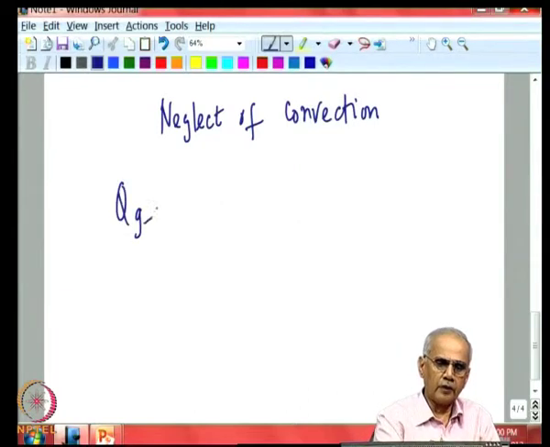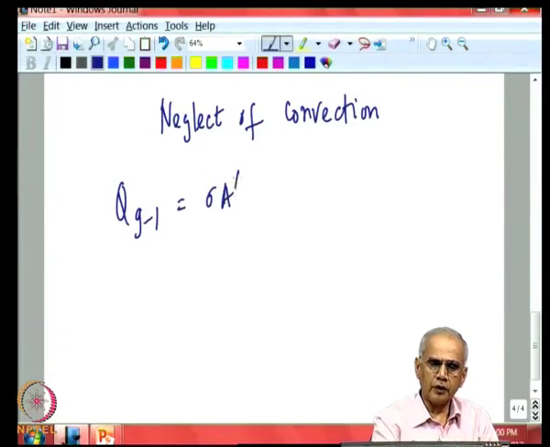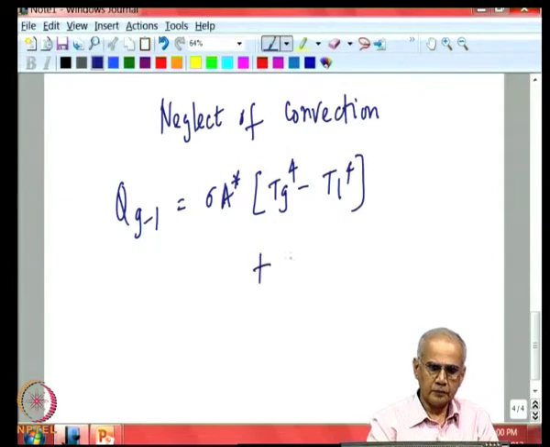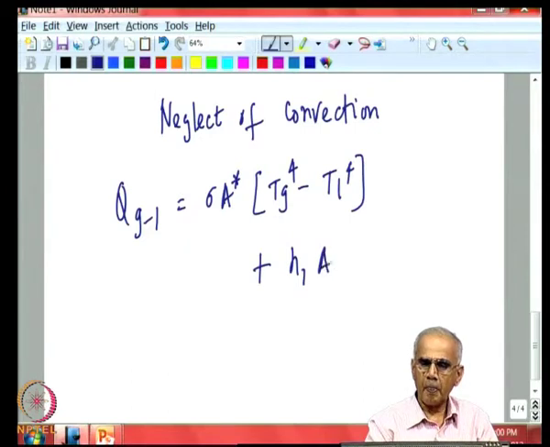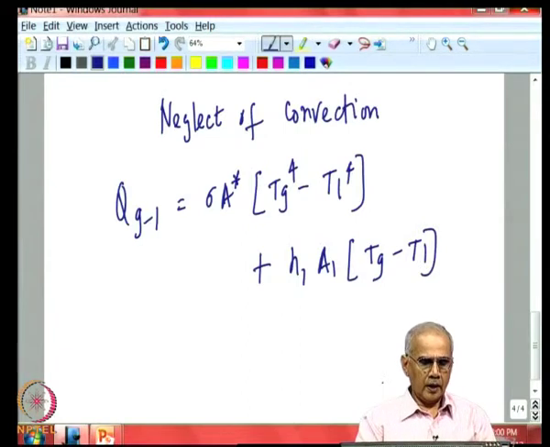We can write down the gas to sink heat transfer as the term which we had already included, plus a term to account for convection heat transfer to the sink, and the interesting point is that we can estimate this term and we know a rough estimate, but we can even